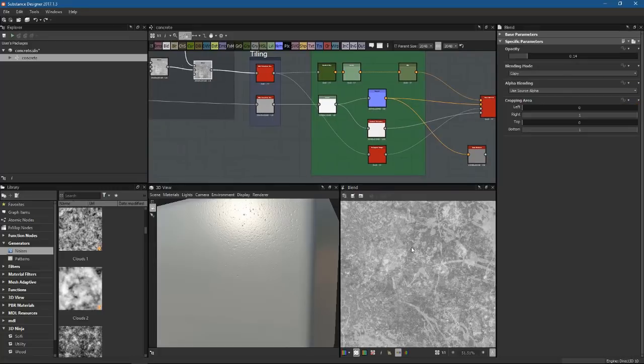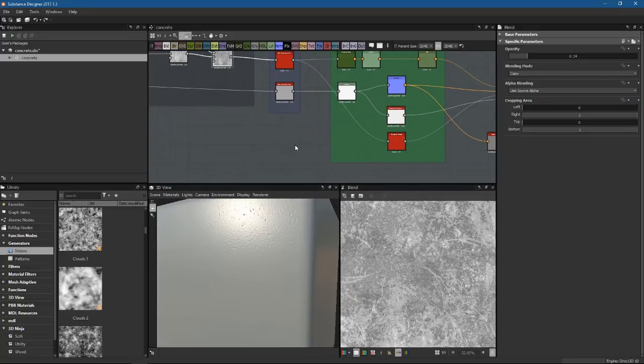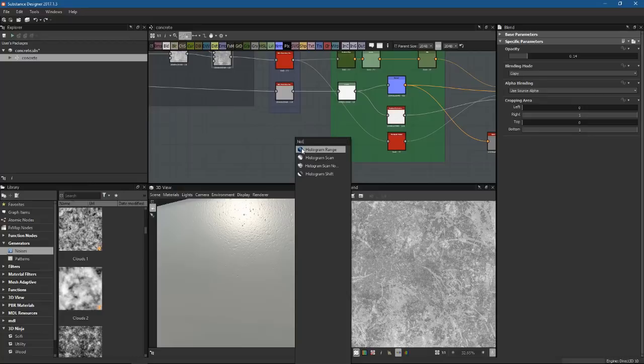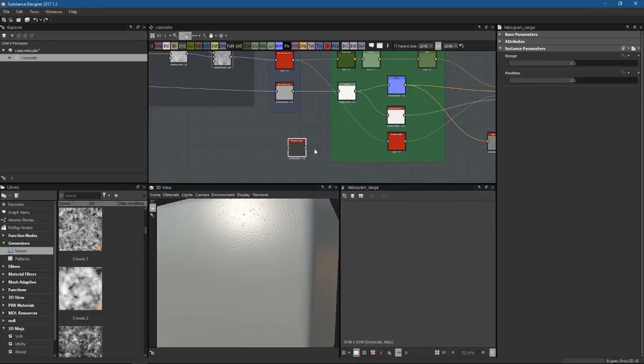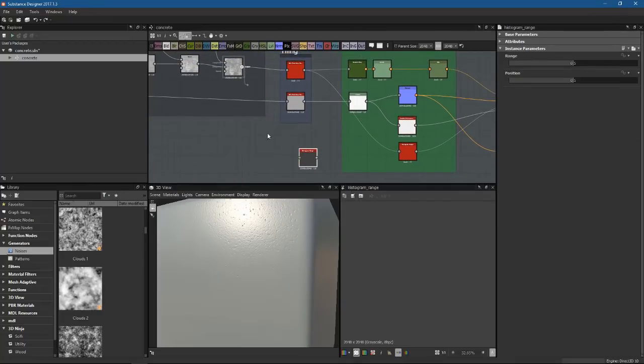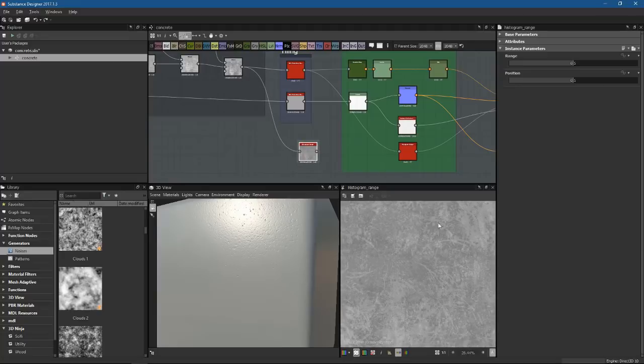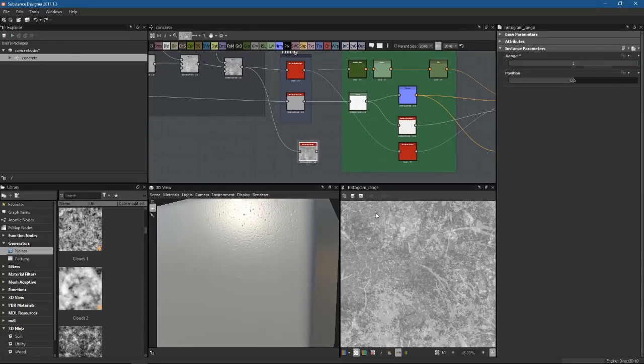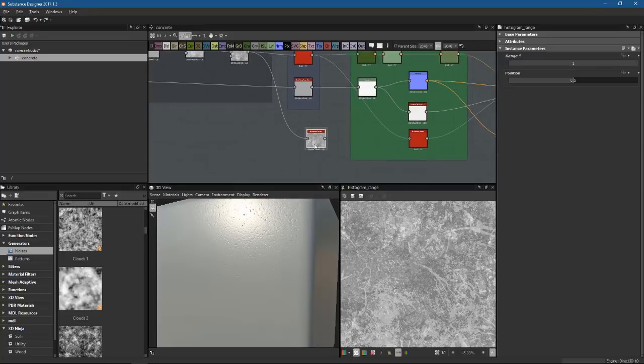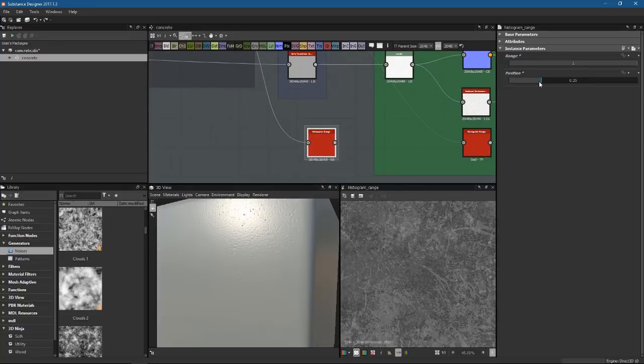So for example, here's the map that I have. And what I do is I use a node that I call the histogram range node. And I'll just plug this into here. And if I set this range all the way to 1, it gives me exactly the result that I had before. Now I've got this position value, and if I start to lower this,